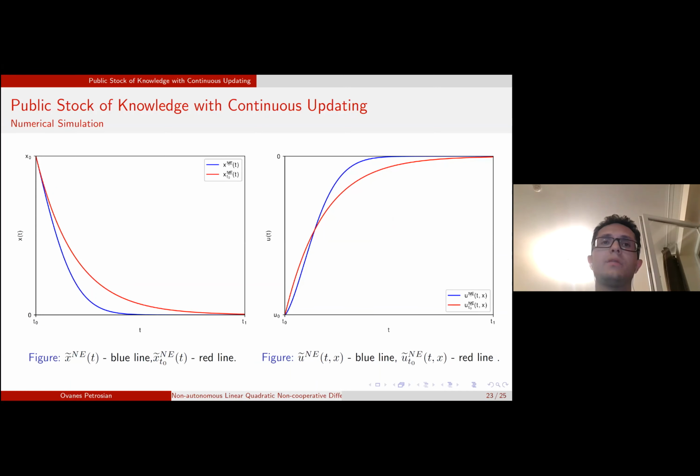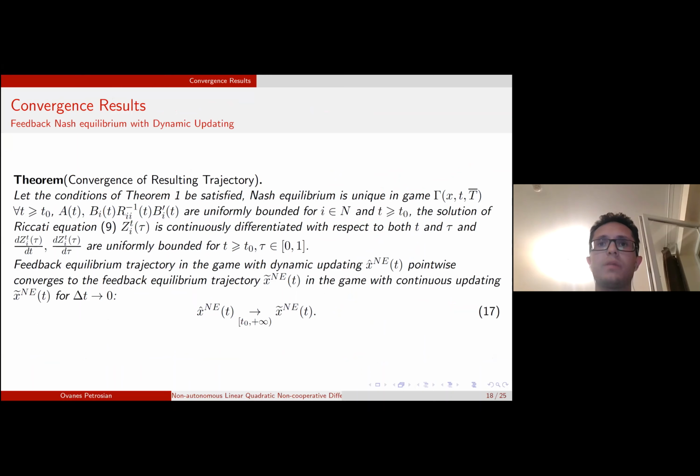And the motion, the state equation, is also different. Another important thing that maybe is missing here on the slide is the comparison of the solution of the initial linear quadratic differential game model and the game model with continuous updating. Of course, the difference is very easy to see. I did not present the slides here, but at least you could see it from the